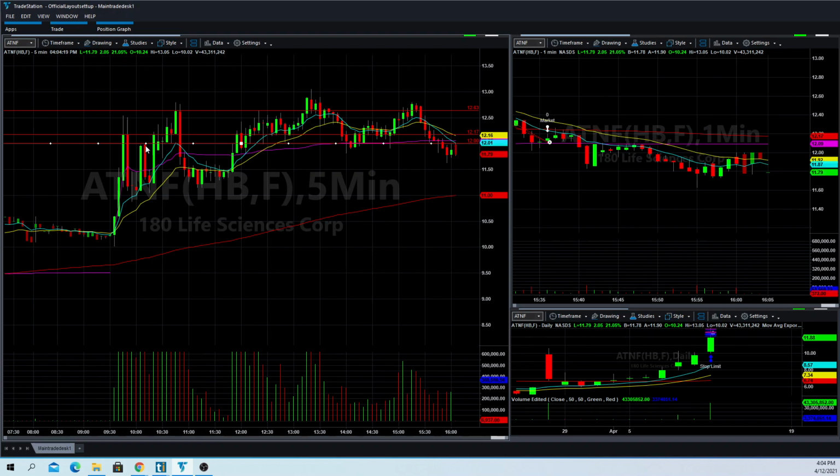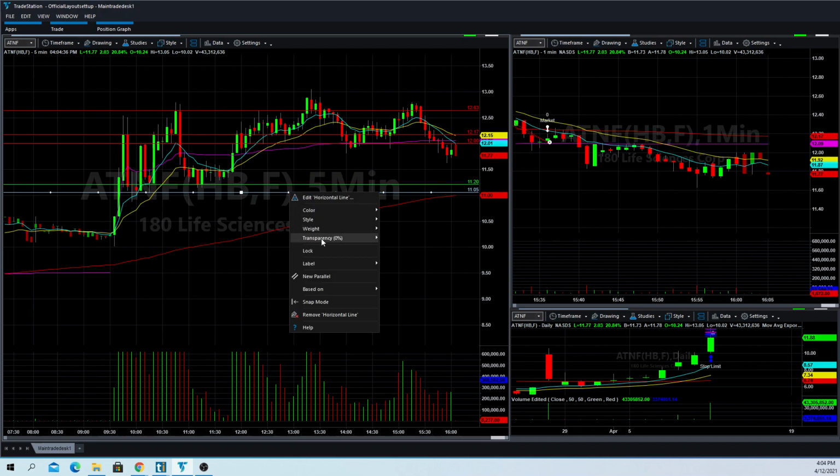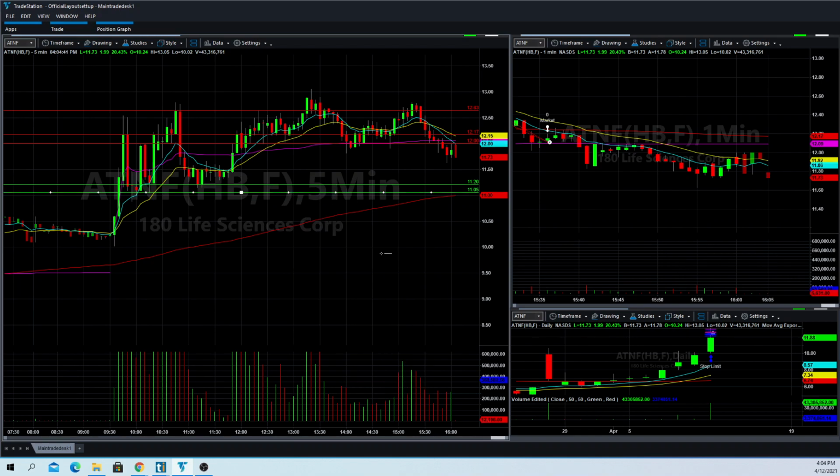But either way, the fact that it got rejected in this area, I put another resistant right here as a key area. It came back down, and this would be support. This here would be support. This is just showing you that these are the high buying zone. This whole area and this area, buying zone,